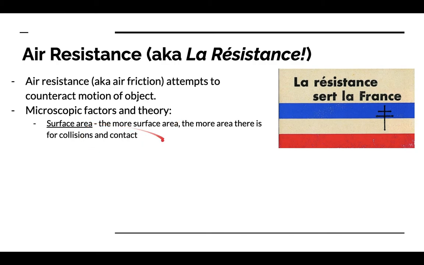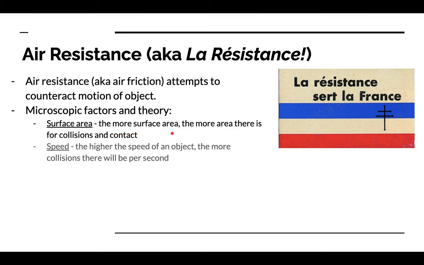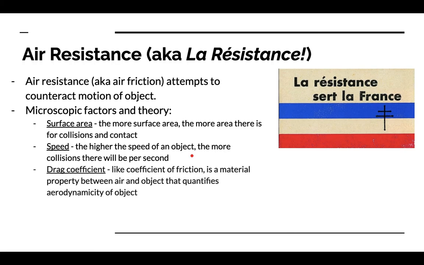The microscopic factors in theory: surface area has a positive relationship with air resistance. The more surface area, the more area there is for collisions and contact. Speed: the higher the speed of an object, the more collisions there will be per second, and thus there will be more air resistance. And then the drag coefficient. It's like a coefficient of friction. It's a material property between air and object that quantifies the